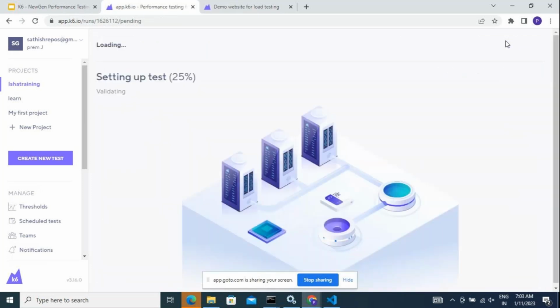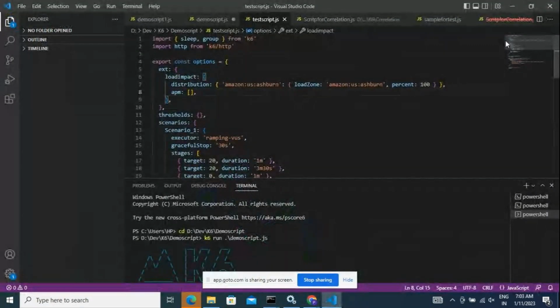Let it anyway do it. We're not worried about it for now. We are not going to look into the execution part now. Let it do the testing. We'll come back to this. But when you copy that script into your local Visual Studio Code like this, and if you have to run it, remove this